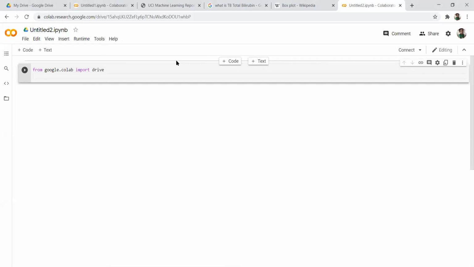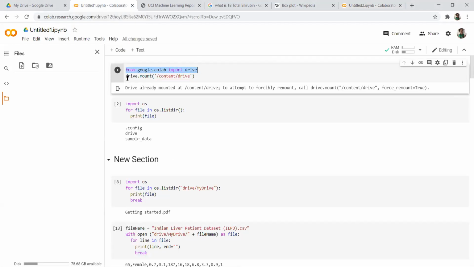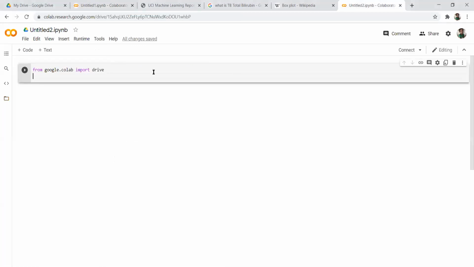Because if I want to access any file present on my Drive, I need to use this from google.colab import drive. And once the drive is imported, I'm supposed to mount that drive, with drive.mount. These are the two important lines, and only these two lines are required if you want to access anything from the drive. First, import drive, the library that we are supposed to import. And after that, simply drive.mount. Inside content, there's a drive folder, mount that.